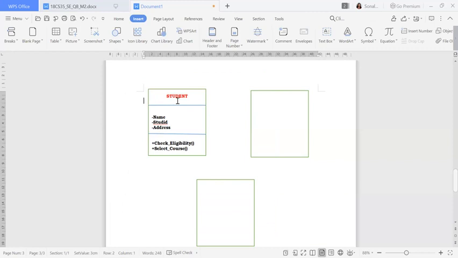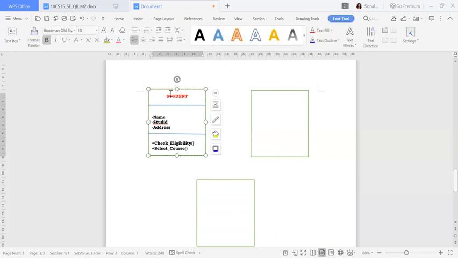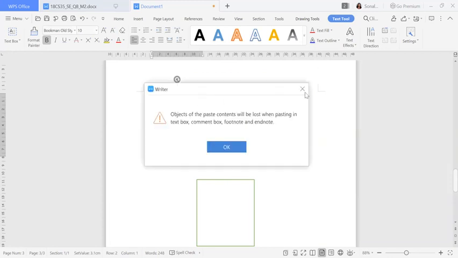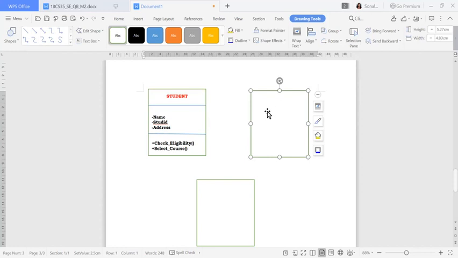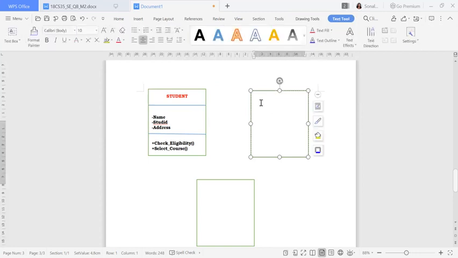In a similar way, we can go for the course. In the similar way I will write course, first thing I'll write about the course. Next I want to write the attribute names.